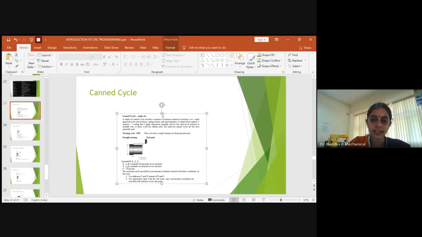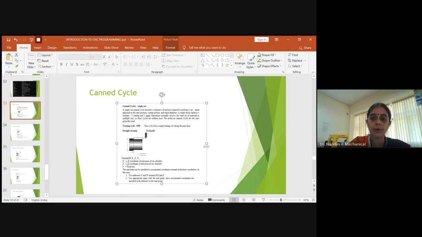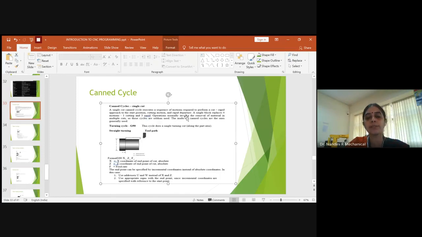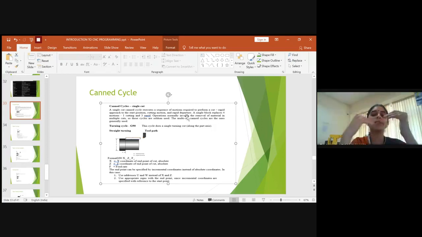So next is, I told you the operation could be performed using canned cycle and without canned cycle, but in your syllabus we do all using canned cycle only because it helps in shortening the length of the program, what we have to type, so that it will be easy for us to write the program with sub-programs.